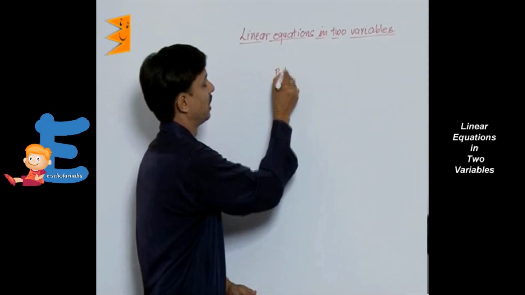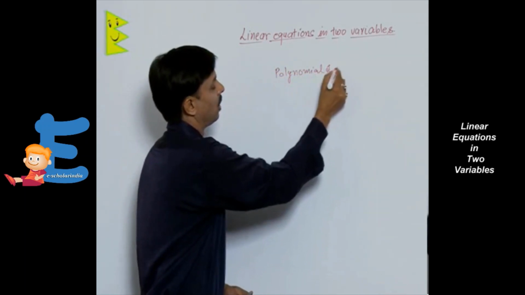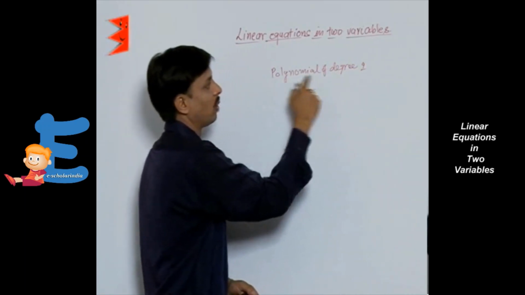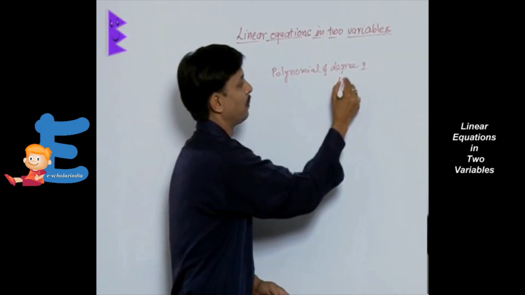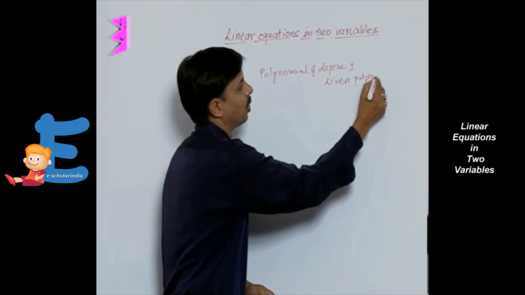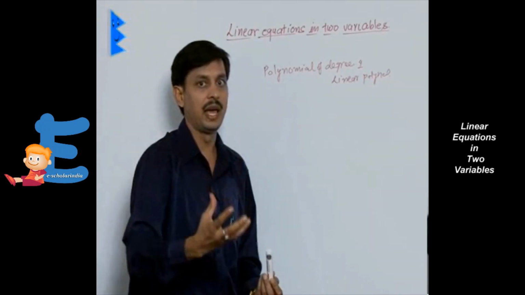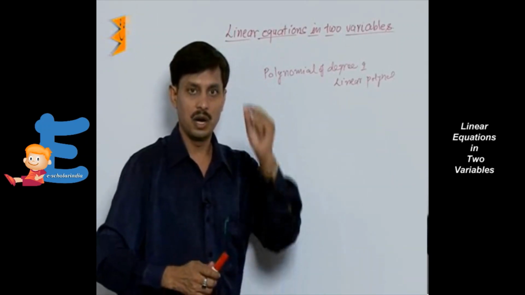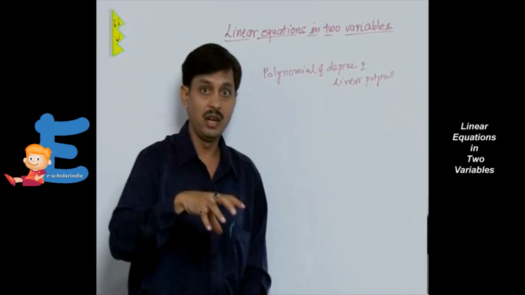A linear polynomial may have 2 variables, 3 variables, but if a linear polynomial has 1 variable